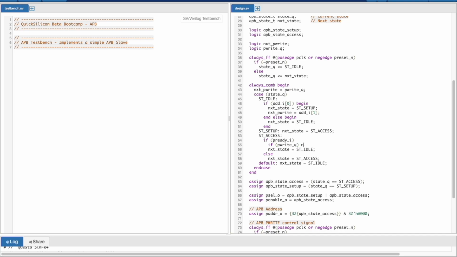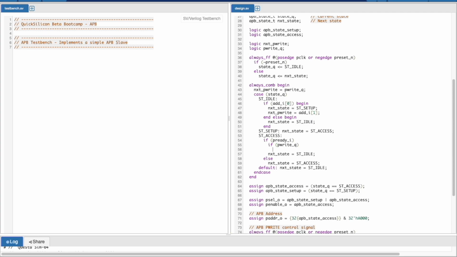If it was 1, then it was a write transaction, so we should not tap the read data signal. But if it was equal to 0, then whatever value is present on the read data, we should tap that value. So let's call it next read data, which will be equal to PRData underscore i.